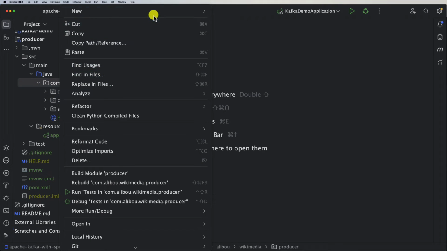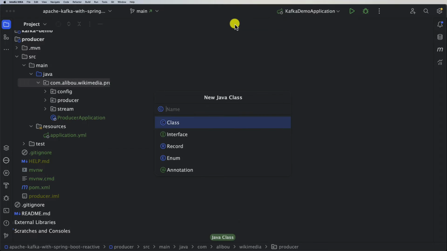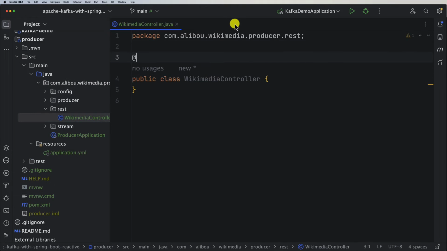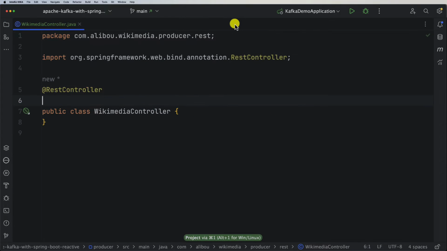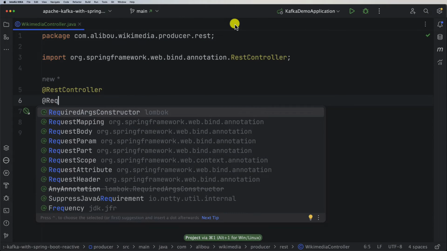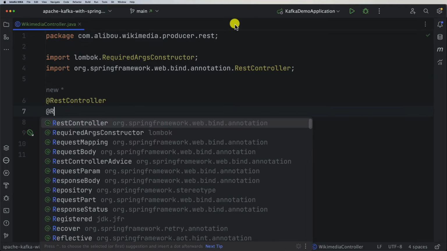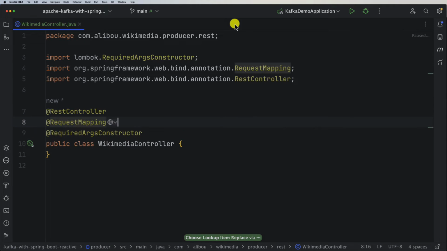Now let's right click here and create a new class. Let's call it maybe rest, and then let's say, for example, WikimediaController. All right, so this one I want to be a RestController, and I also want my RequiredArgsConstructor and my RequestMapping. For the request mapping, I will call it /api/v1/wikimedia, just to make it simple like that.